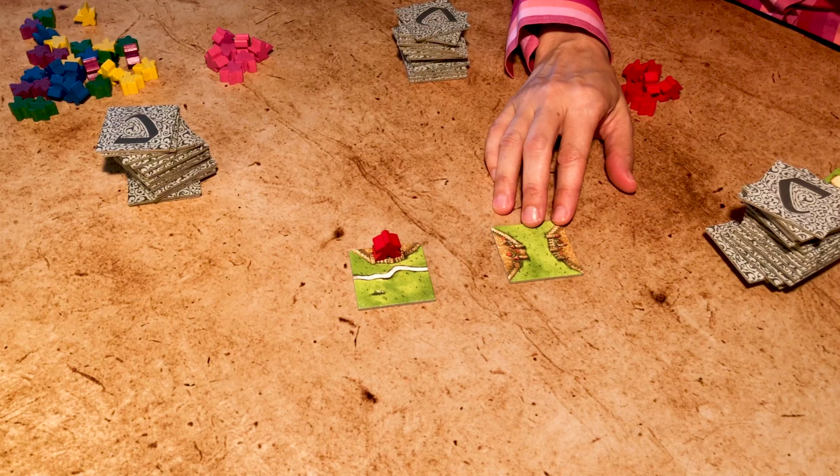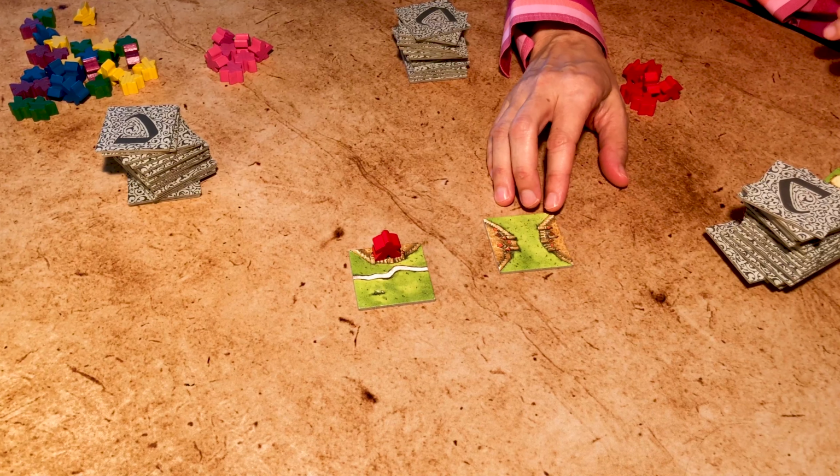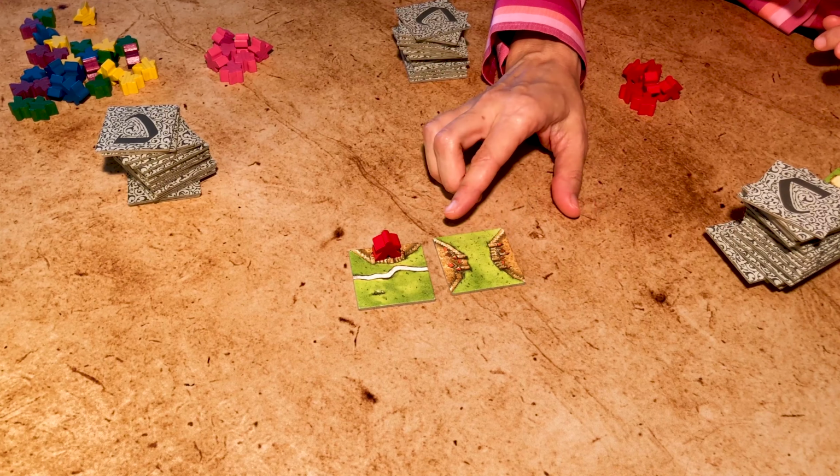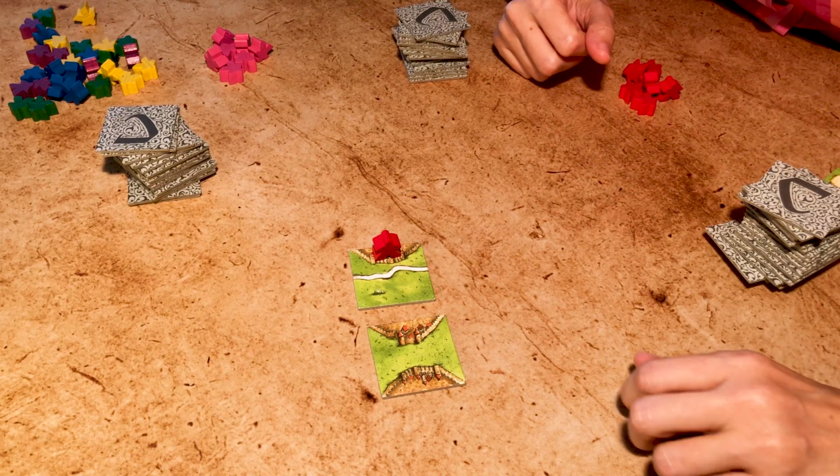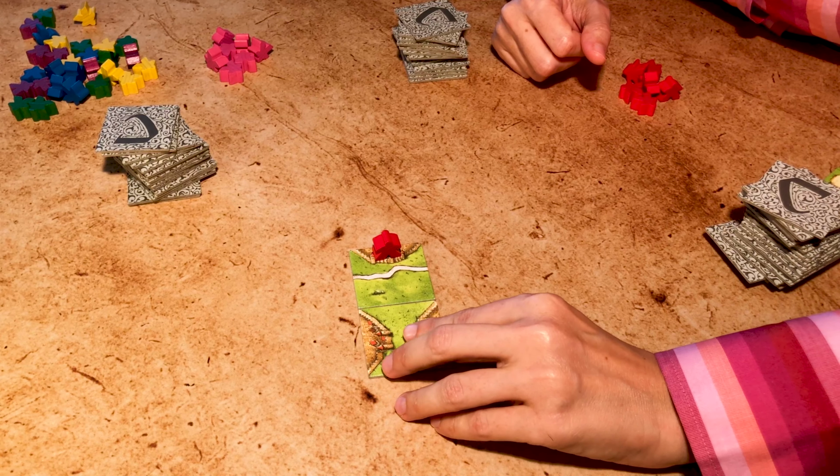So for example, here, I wouldn't be able to place it because it doesn't connect. Here as well, it doesn't connect. However, if I put it here, then that connects. If you get a tile that you can't place anywhere, simply discard it and get a new one, but it doesn't happen very often. Now, once you've placed the tile, you have the choice, if you want, to place a